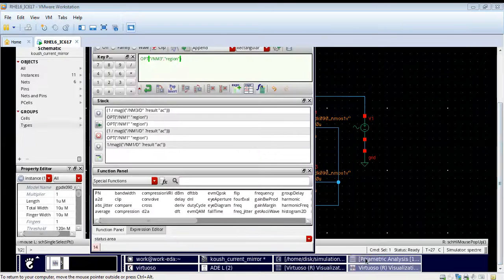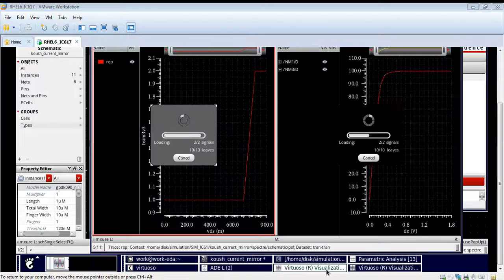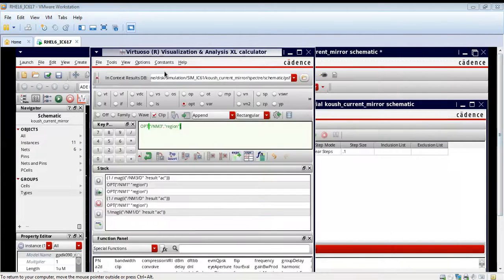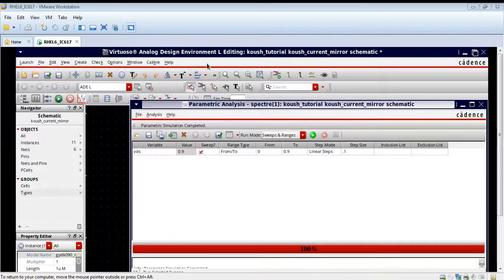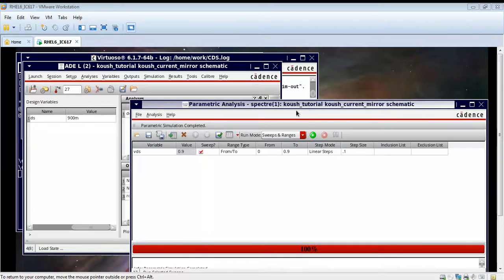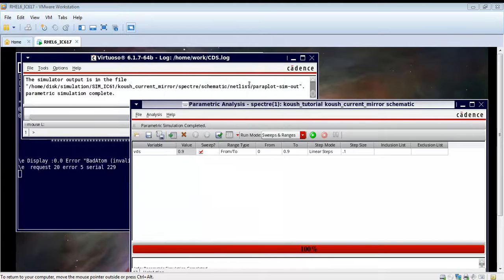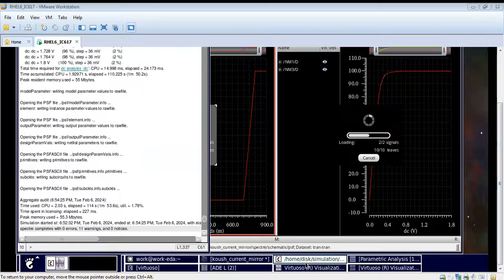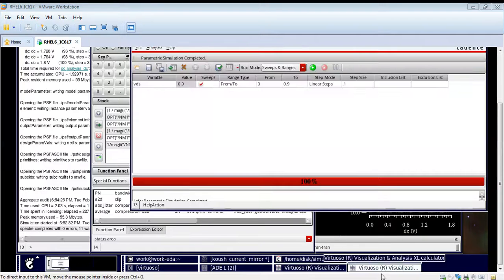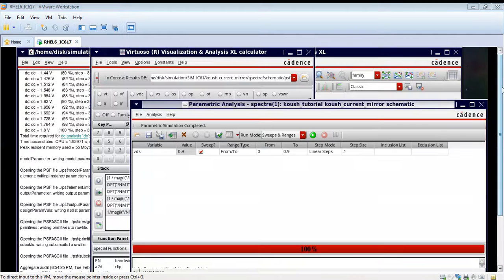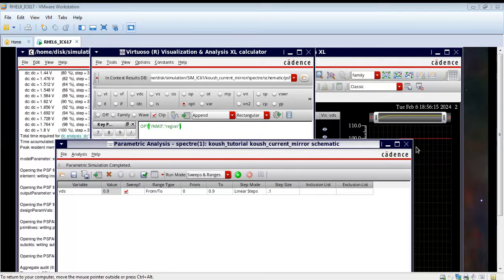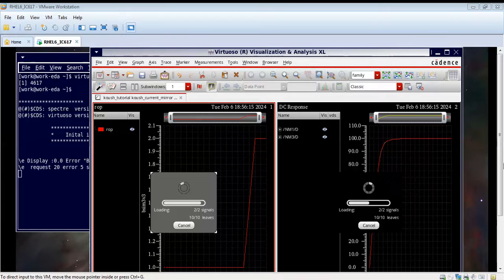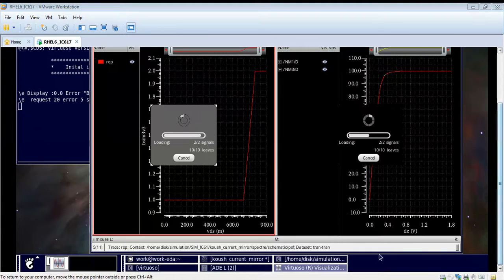So for NM3, the value for transition from linear to saturation will be much lower. So this is the experiment, and this is some analysis of the cascode current mirror. You can also play with the values of W by L ratios for both the NMOS, and you can vary the value of the DC current also. Here I have chosen the current source to be 100 microampere. You can vary the value of the current source also, and try to find the value at which this current mirror gives the best performance.